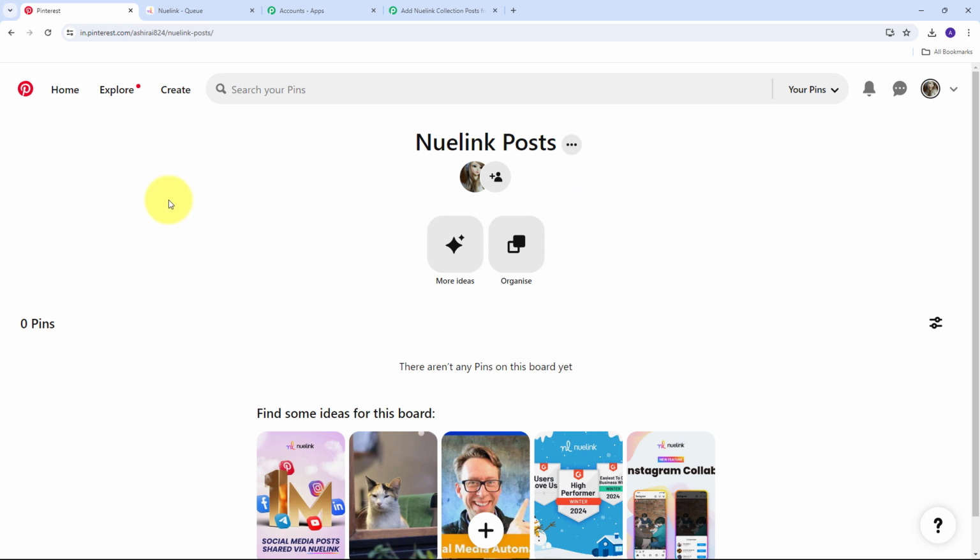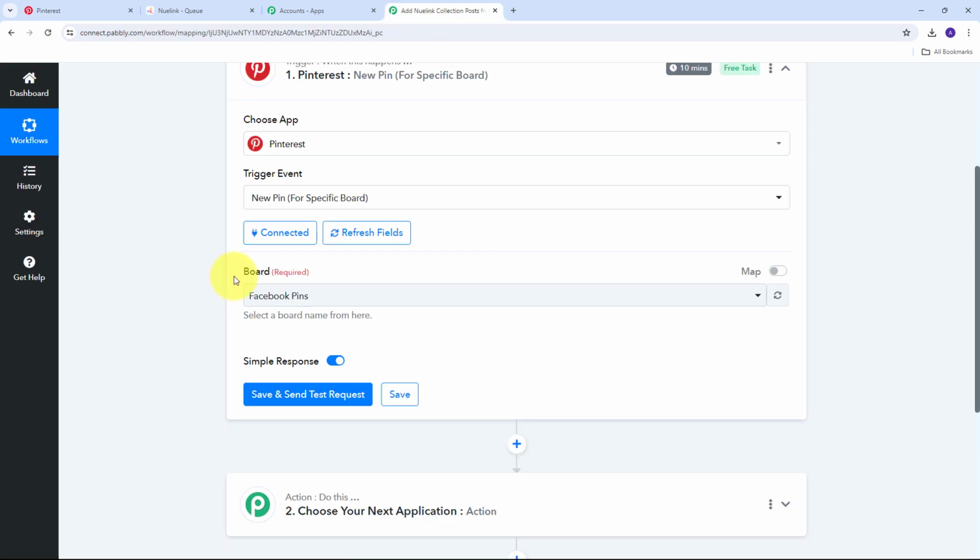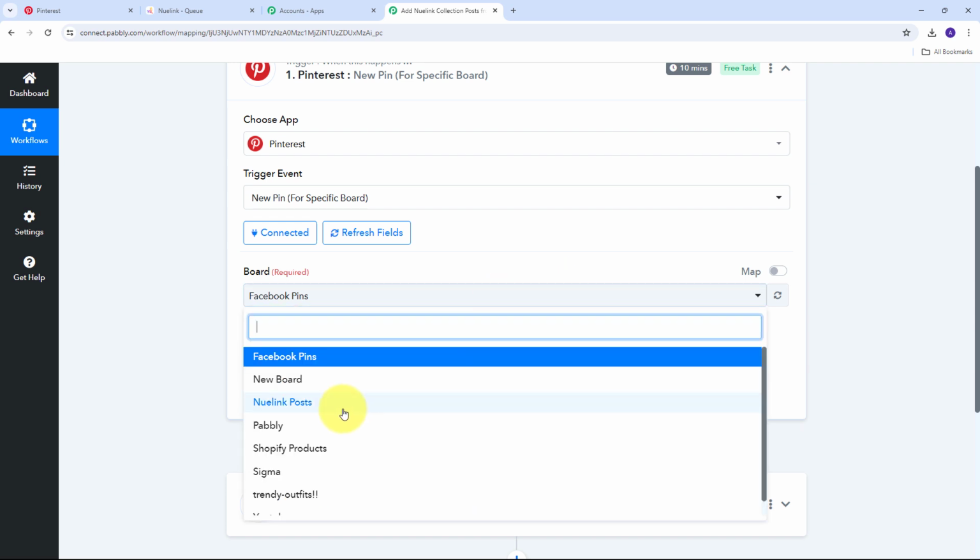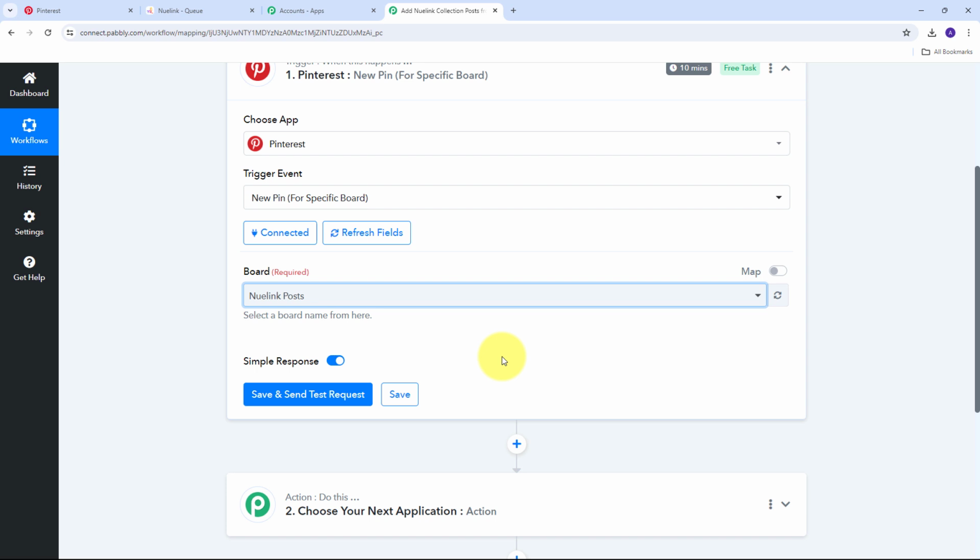So I need to go back to Pabbly Connect, and for selecting my board, I need to open this tab, and I will find all the boards that I have in my Pinterest account. So I'm going to select this particular board of Nuelink posts. And now what I need to do is go back to Pinterest, and I need to create